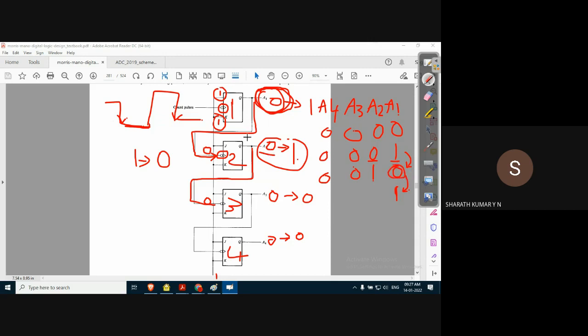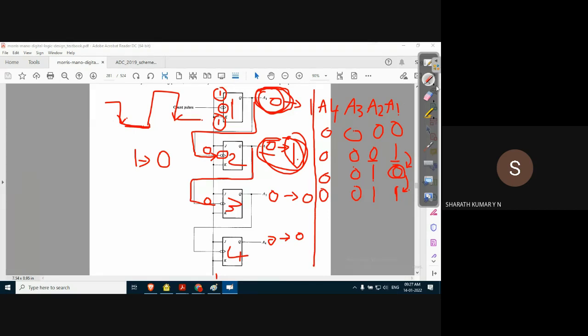So A2 does not change the state. It was 1, and it will retain it as it is. And the other two flip flops are yet to change. A4 and A3 are still 0, 0.